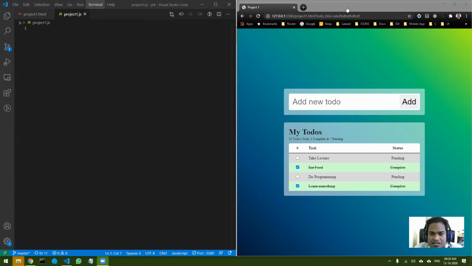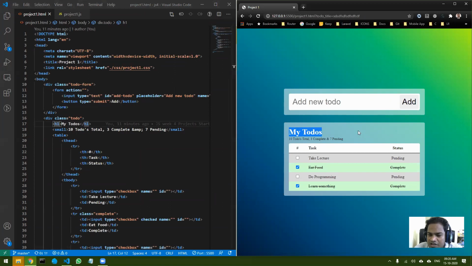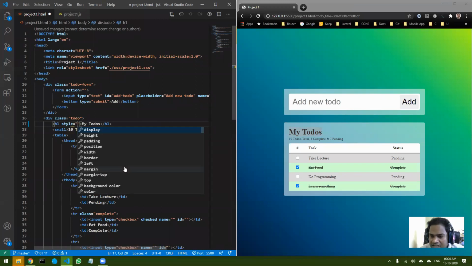Shaista Sheikh is asking how to strike through. So let me just come to any of the text. Let's suppose I want to strike through my to-dos. So I can just do style. I'm just using inline style to show you.